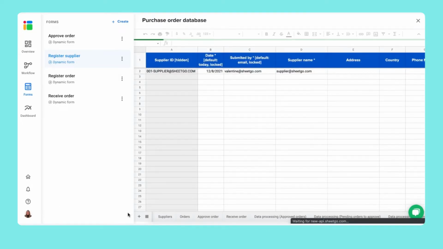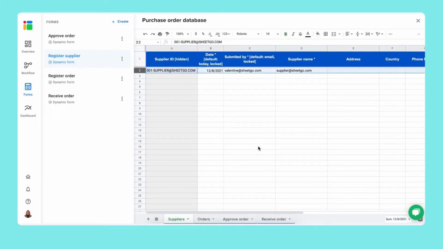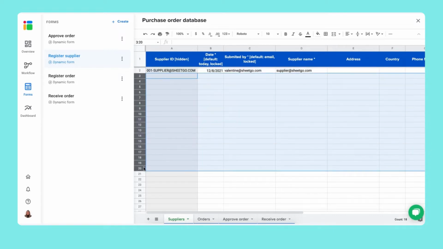Let's take a look at it. There we go. We've just registered our supplier. That's how simple it is. Of course, if you already have a list of suppliers, you can simply copy and paste them right here in the spreadsheet. Now that we've configured our workflow entirely and customized it to our own, it's time to actually use